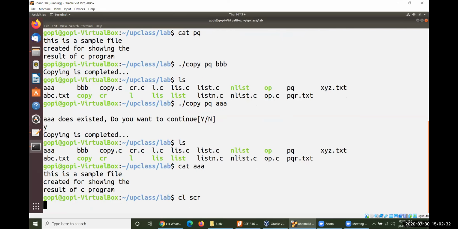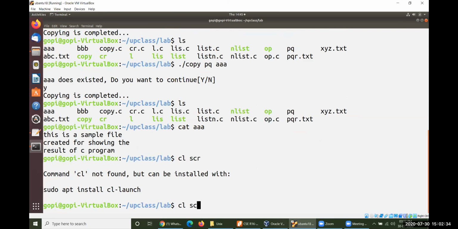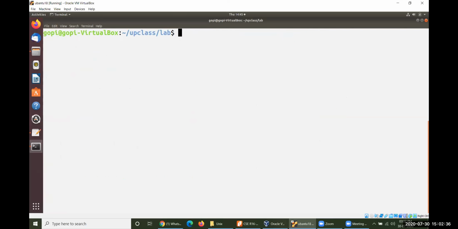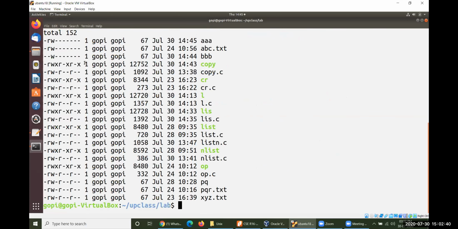If you take ls -l, it will display the permissions first, followed by the owner, followed by the administrator, the size of the file, then when it was created, and then finally